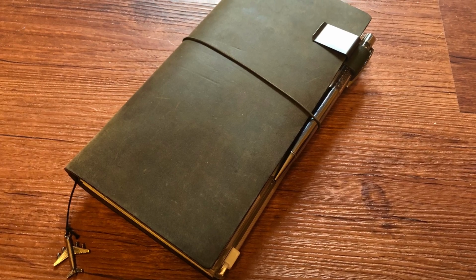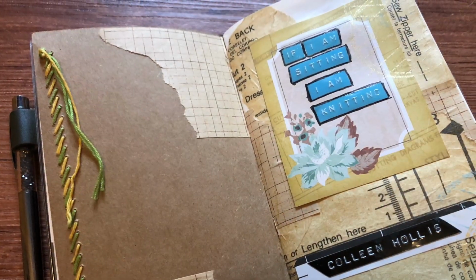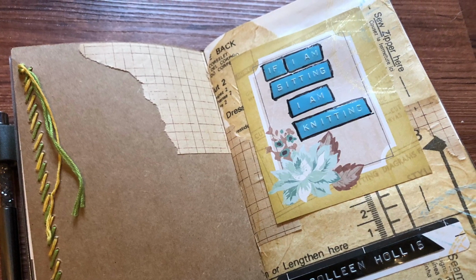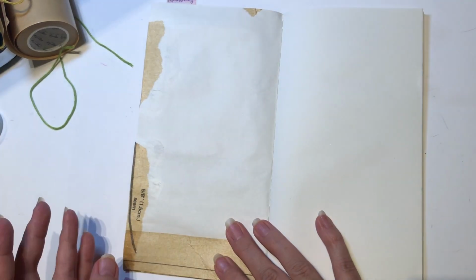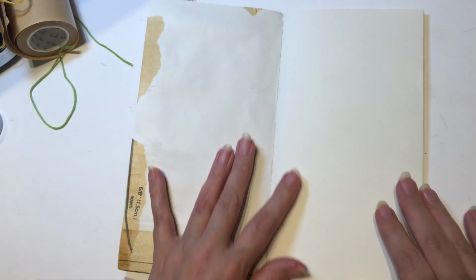Hi everyone, in today's video I'm going to show a more detailed flip through of the new knitting journal that I started. This is the Traveler's Notebook in Olive. It's the special edition, and in my last video I showed you how I worked on this first page here, and I'll link that video right there if you want to go back and see how I created that first